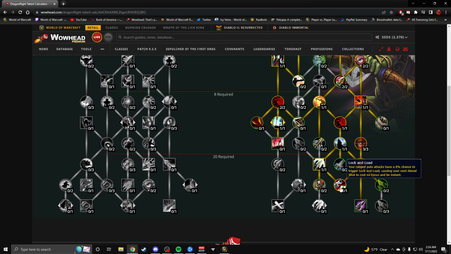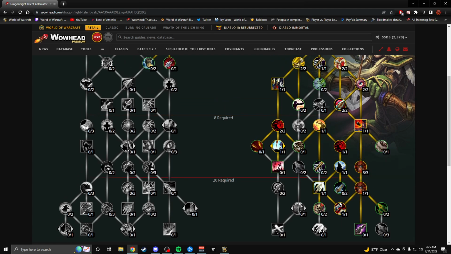So these could either be bad or these could be really good. Wailing Arrow, you'll see both in the Marksman and the BM tree. I don't know if this will be good or not. If the silence doesn't work in PvP, this might just be absolutely garbage, unless it does a ton of damage. But most likely, it's already in Shadowlands now, and the silence doesn't work, so it wasn't useful last season,